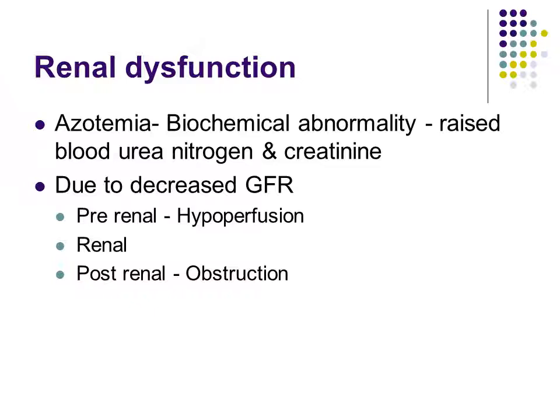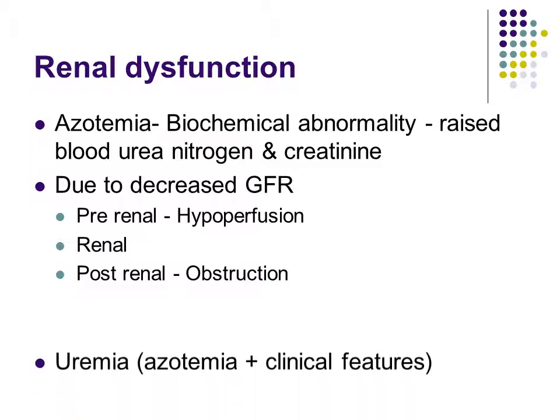So any pre-renal cause of reduced GFR, that is hypoperfusion. When the patient has hypotension, there is hypoperfusion of kidney parenchyma, which leads to decrease in GFR and causes azotemia. Renal causes, like whenever there is an inflammation in the kidney, you can definitely get decrease in GFR, like in glomerulonephritis. And post-renal, that is when there is an obstruction to the outflow of urine, you can get decreased GFR